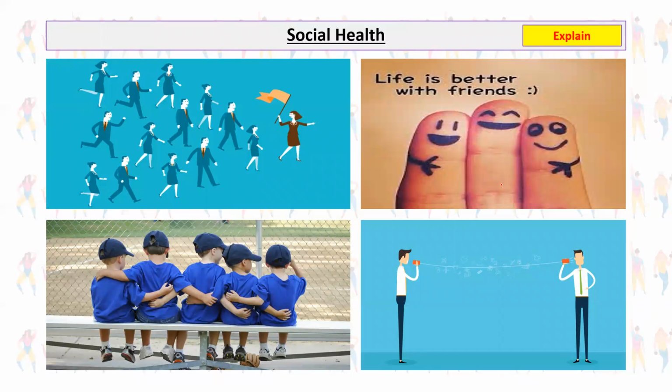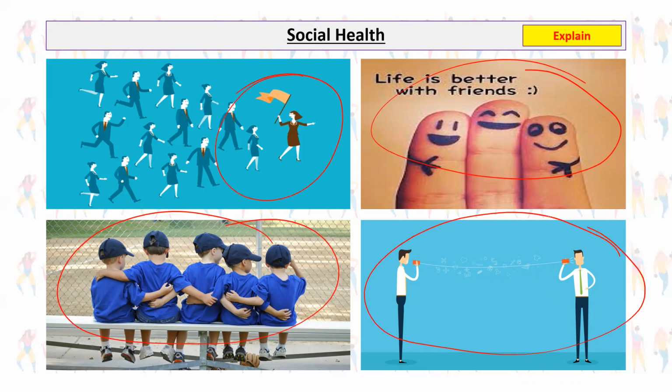And then we've also got the social side of things. Now, the social health might come up as a separate part of the question or a separate question altogether. So it's really important that you make the distinction here between these sorts of things that can be a benefit. So if you remember from before, you've got things like improved leadership, increased ability to make friends, the teamwork, and then the communication side of things. Now, this one here about the friendship group is important because that one enables you to do that explanation.